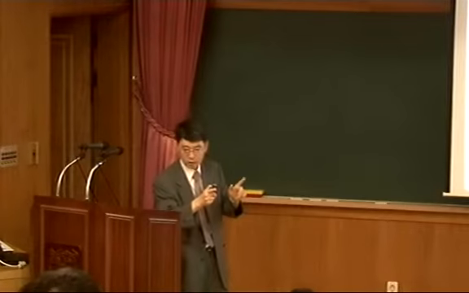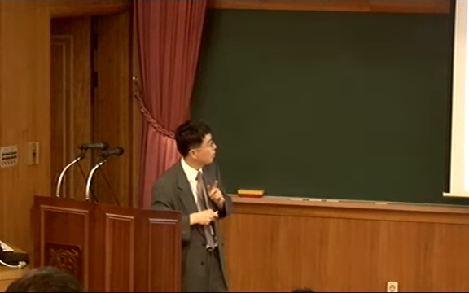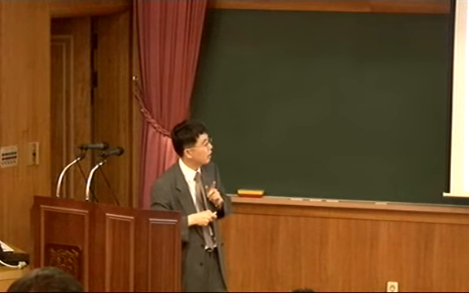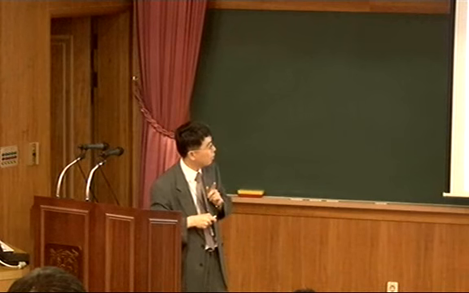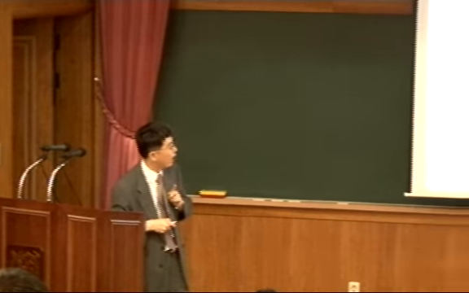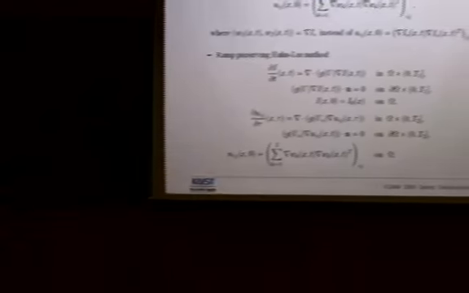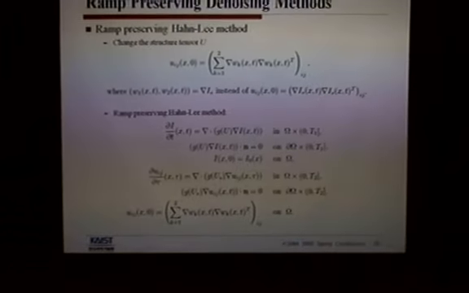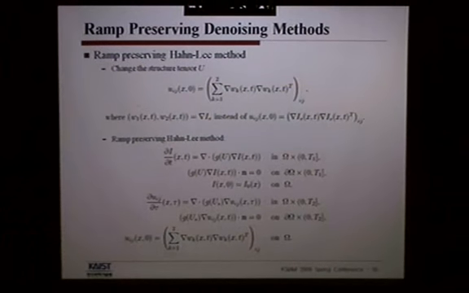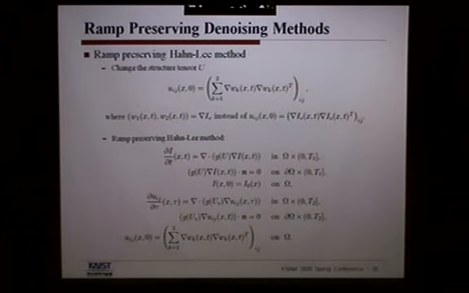We only care about the critical points of that image. So we change the structure tensors. So instead of the first derivative of I, in a sense we take the second derivative of I, the second derivative of images, and we choose that as the initial structure tensors,